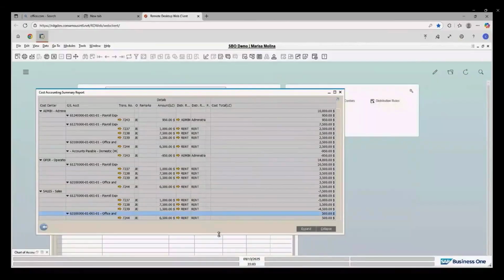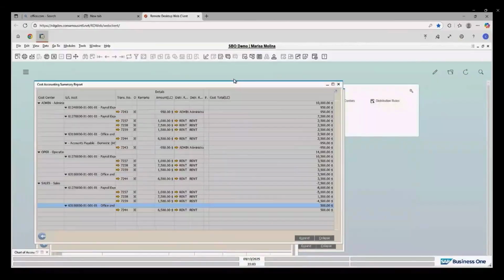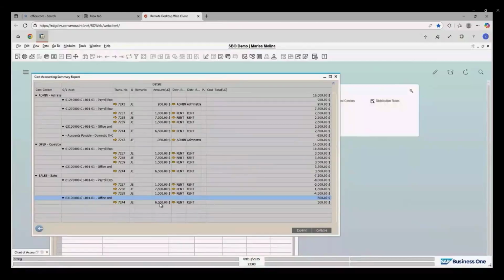So basically, what the system is doing is I assigned 6,500. And remember, in admin I defined 2,500, and in operations, 3,500, right? So basically, it should be here, someplace here, the difference between the minus 950 minus 445, and then assign only 500 to the actual rent in this account for sales. Okay, so basically the system assigned